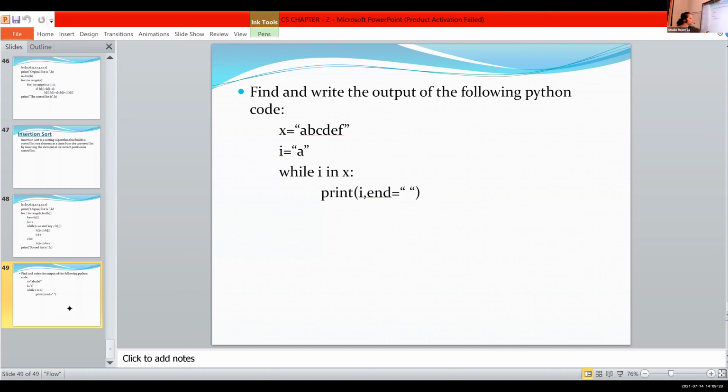I is A. So it will print A. Then after that, there's a space. Then it again goes to the while statement.